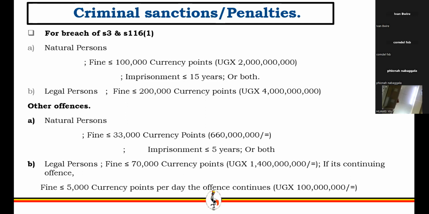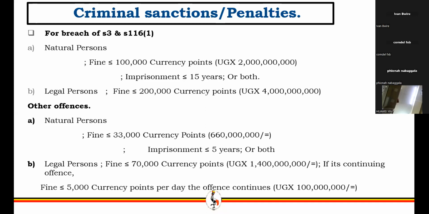Or where a company acquires, possesses or administers property, knowing or having reason to believe at the time of receipt of that property that it derived from proceeds of crime, then that's an offense and it attracts 4 billion shillings. Or where the legal person assists another person to benefit from the known proceeds of crime. So that's an offense, and for a company, it attracts 4 billion. The same applies for a natural person, where they do that, which we can say amounted to money laundering.